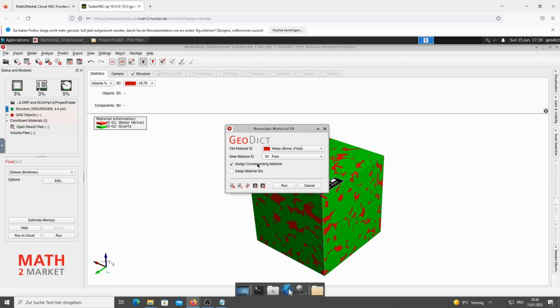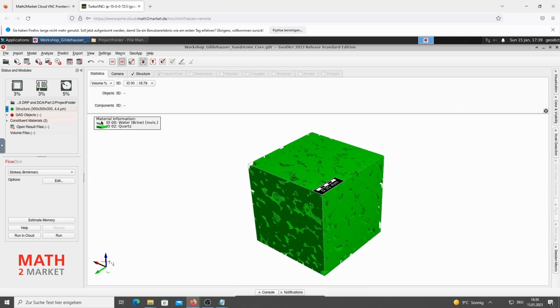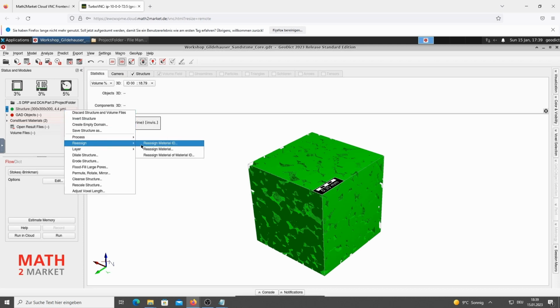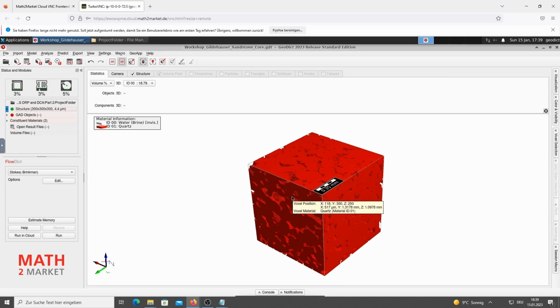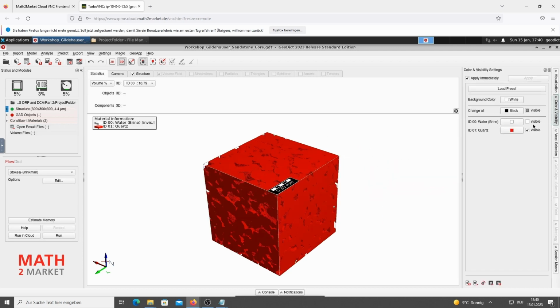Here we enable assign corresponding material. And we do the same for material ID 2, so material ID 2 to 1. Then we click on the color and visibility sidebar, and we change the color of the quartz from red to gray.